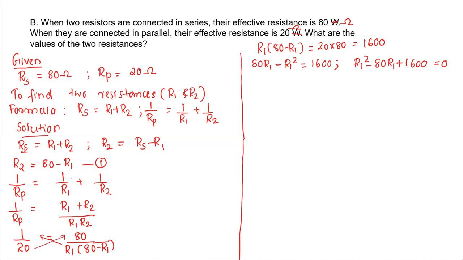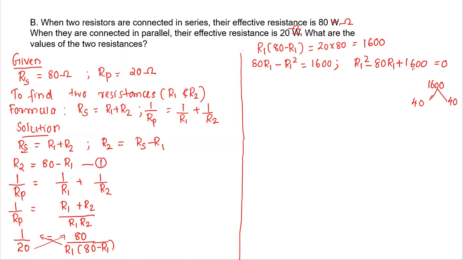Okay. So you have already learned how to solve a quadratic equation. Here the product should be 1600 and the sum should be minus 80. Which are the numbers? If you multiply two numbers, their product should be 1600 and the sum should be 80. Which are the numbers? Yes, 40 into 40. 4 4s are 16, then put 2 zeros, 1600. Okay, 40 into 40 is 1600.